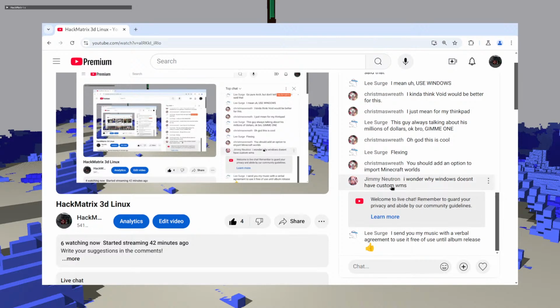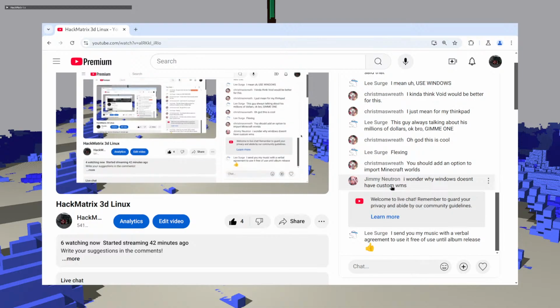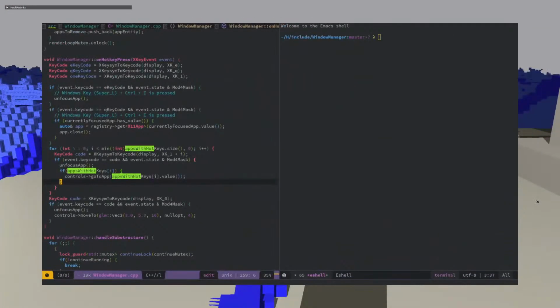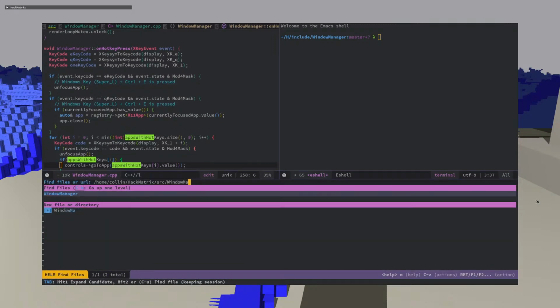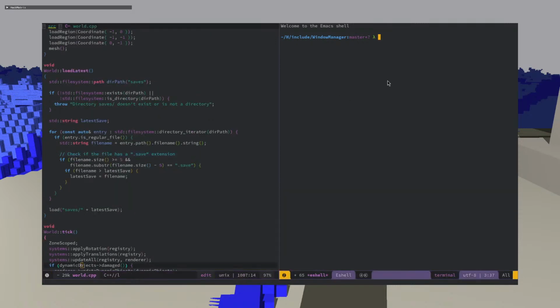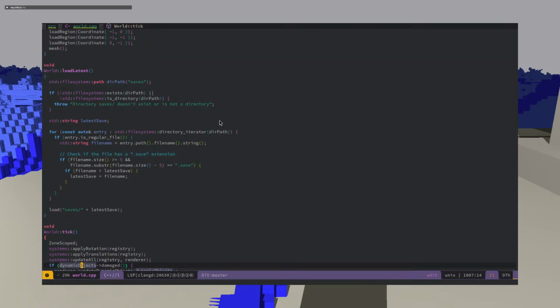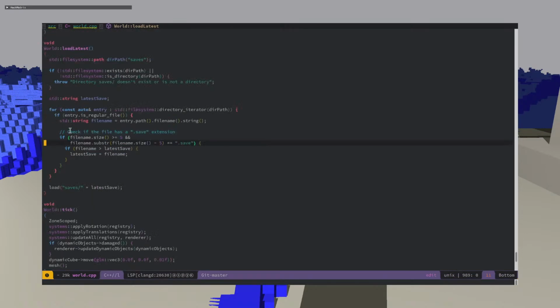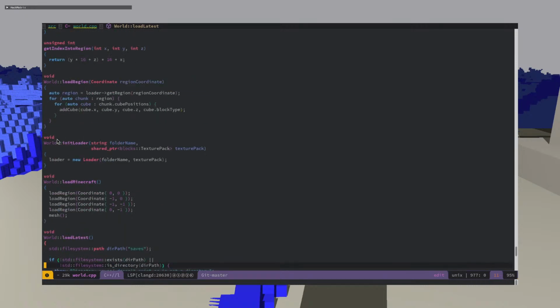Christmas Wreath. Yes, I have actually already created a Minecraft importer. It is a pain in the ass. I have imported Minecraft worlds into this already. One of the first things I did was import Hogwarts. Someone built Hogwarts, and I imported that from a Minecraft world. It is some really scary code, though, and I took most of it out because I wanted something simpler when I open sourced it. But here: load Minecraft, load latest, load Minecraft, init loader,